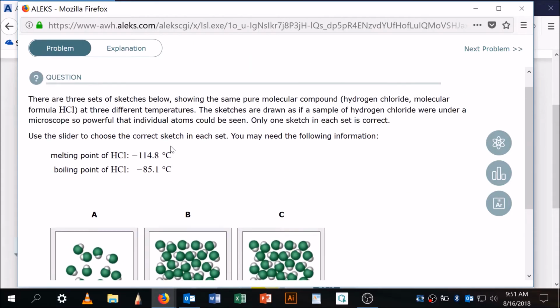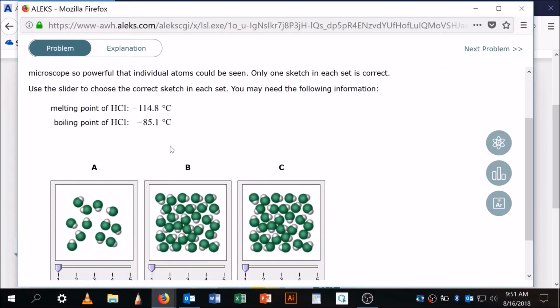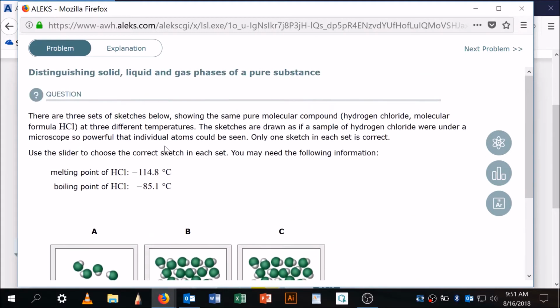So we're supposed to figure out the melting point and boiling point. So what I'm going to do, solid, liquid, and gas. I'm going to Google those terms. I might Google solid, liquid, and gas differences or something like that, and find that a solid is going to be,